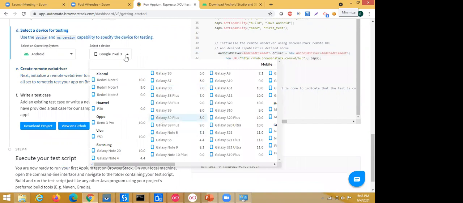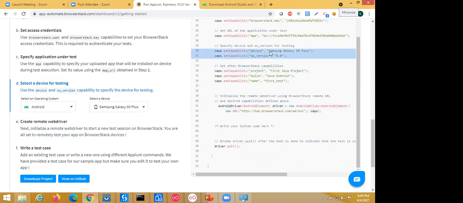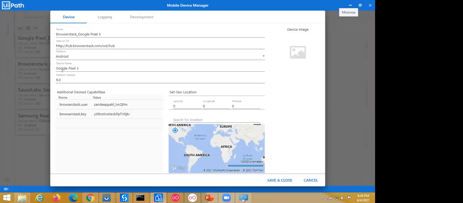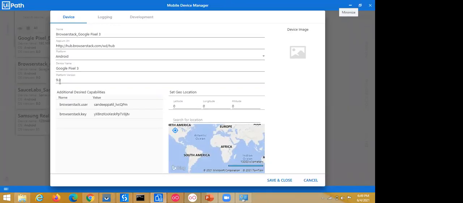I'm selecting this, for example, Samsung Galaxy S9. So automatically the device is changed. Just copy this device name and paste it here, right? And the platform version also here, the platform number. After that we need to enter the additional capabilities for the username and